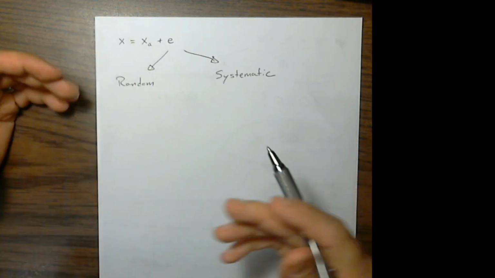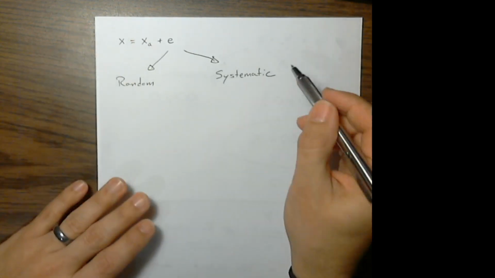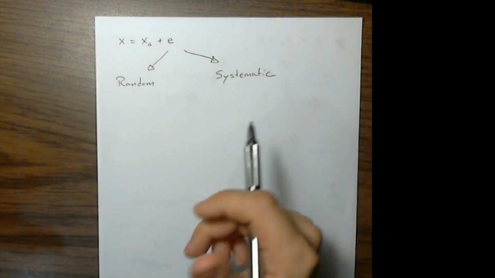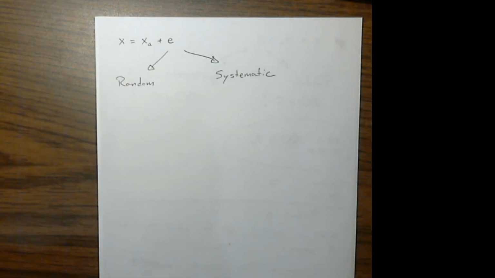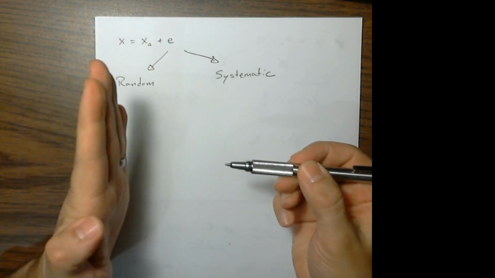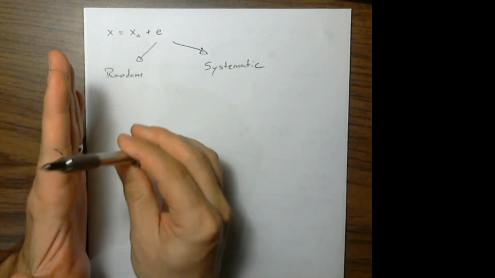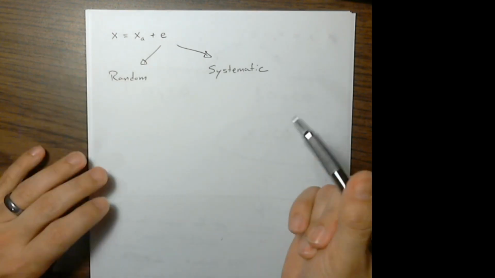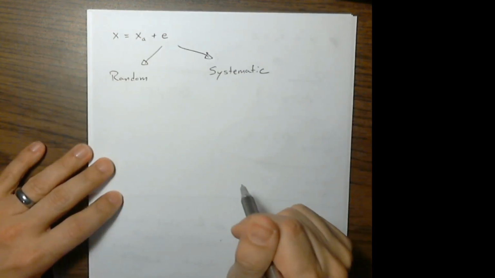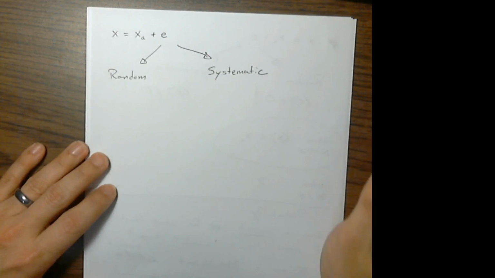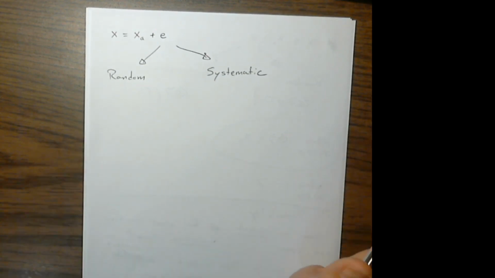So for example, I brought up in the past lectures, systematic error was the parallax error. Well, I'm short, so I might be looking up at a gauge, and because of my angle looking at the gauge, I might accidentally read a needle incorrectly, right? So that was an example of systematic error, where every time I take the measurement, that error is going to be there.